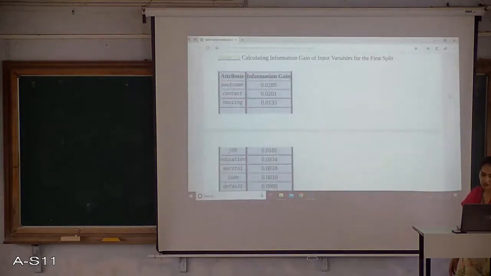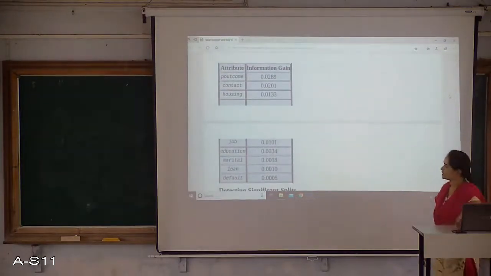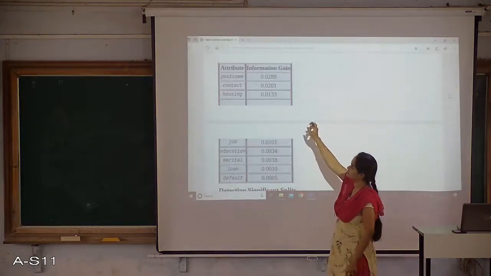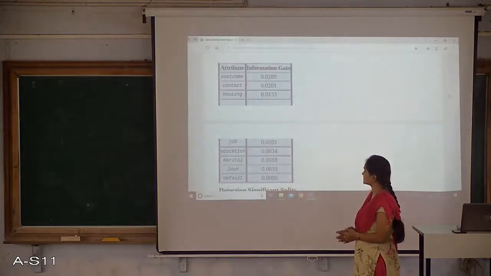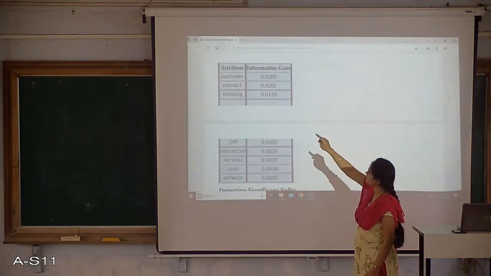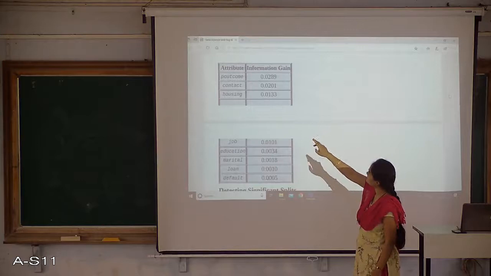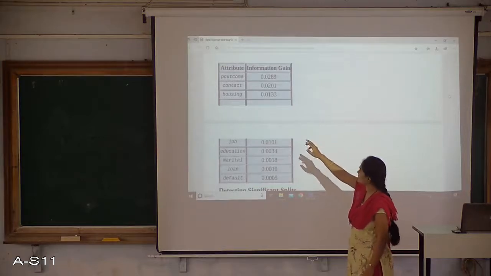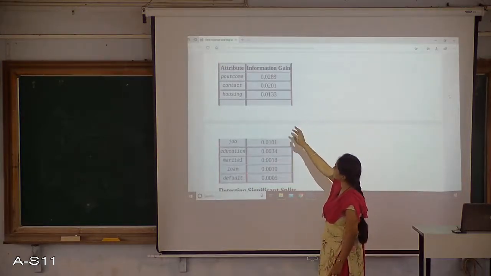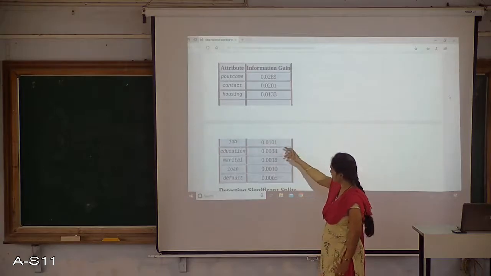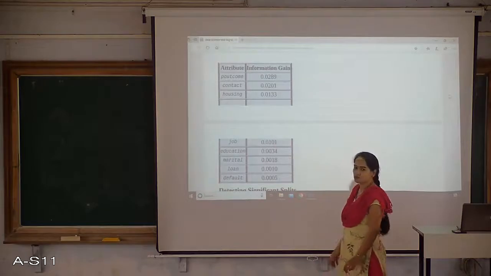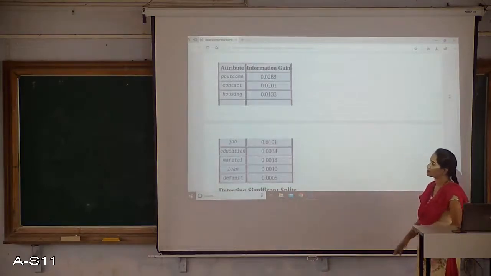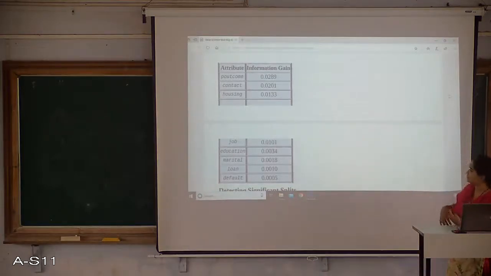This particular table is telling us how the information gain for the different variables is considered. You can see that P outcome is having 2.8%, then contact is 2.0, housing is 1.3, right? Among all these variables, these are the data we have, and the information gain for all of them is in these ranges.